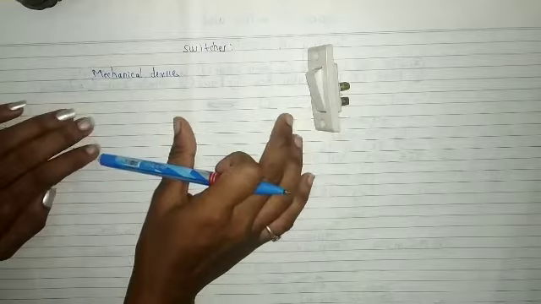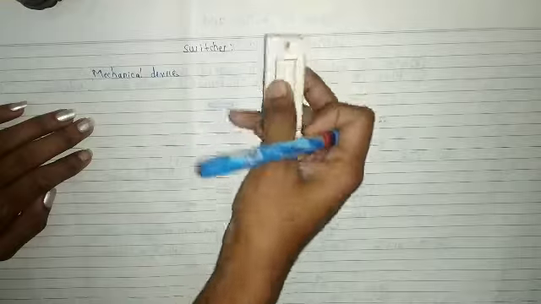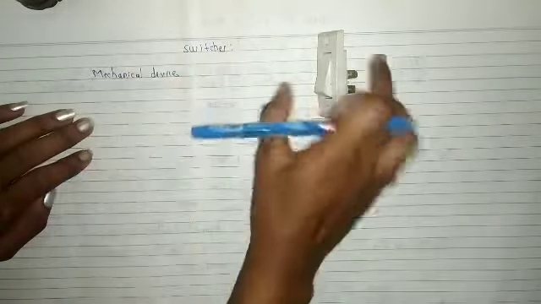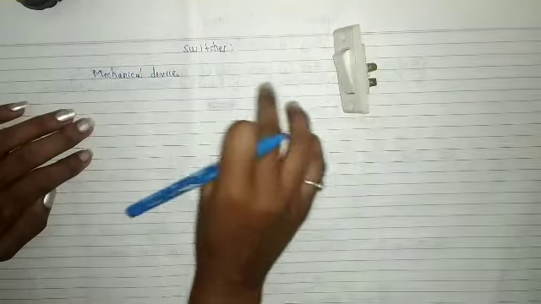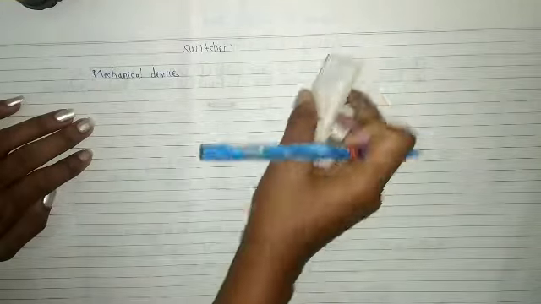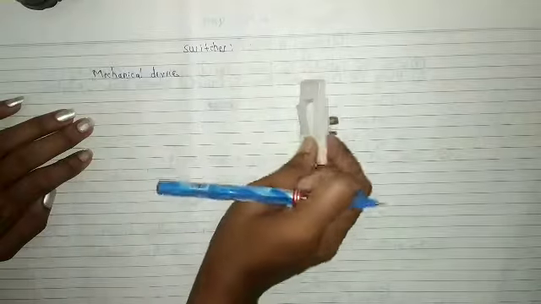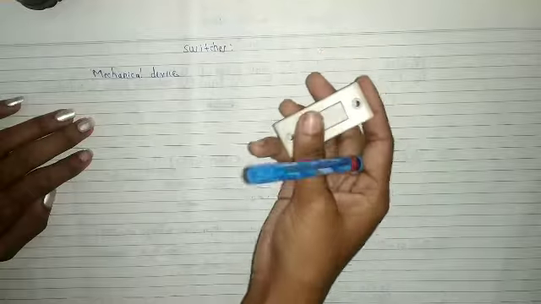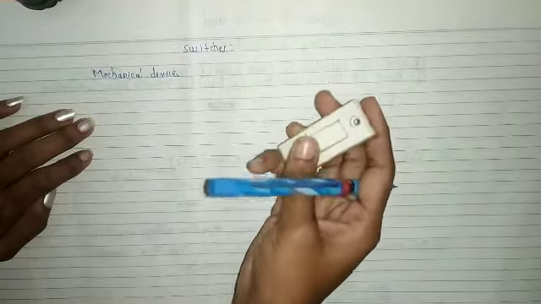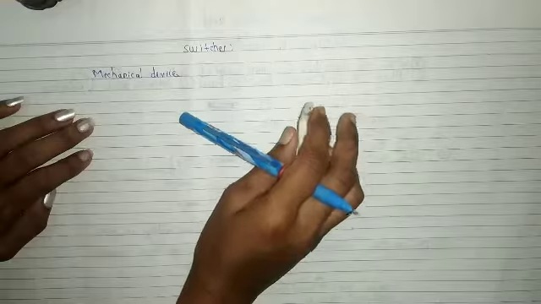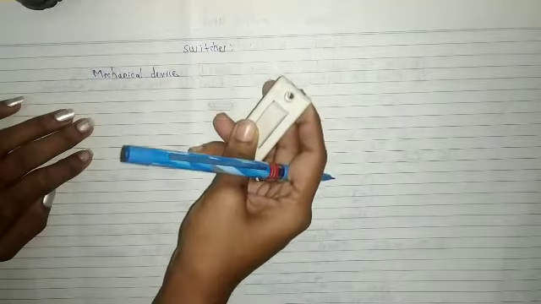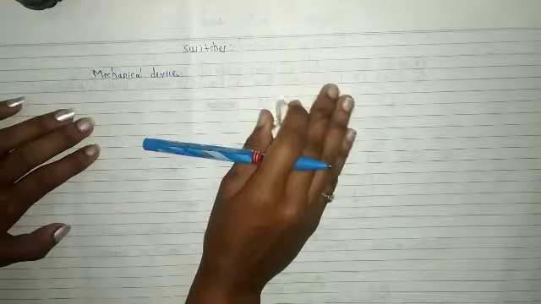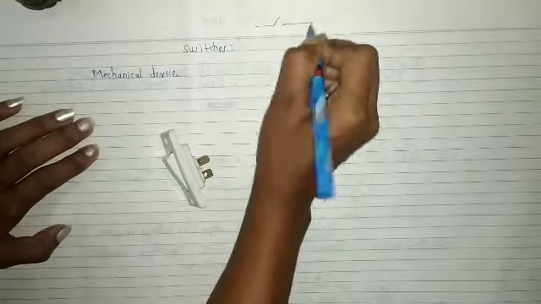When we want to break the connection, we turn it off, right? And whenever we want the connection, we just turn it on so that our circuit gets completed. So this is a mechanical device which operates manually. We have to operate it manually, and only then will it operate. Otherwise it will not get operated. So understand the meaning of make or break the circuit.